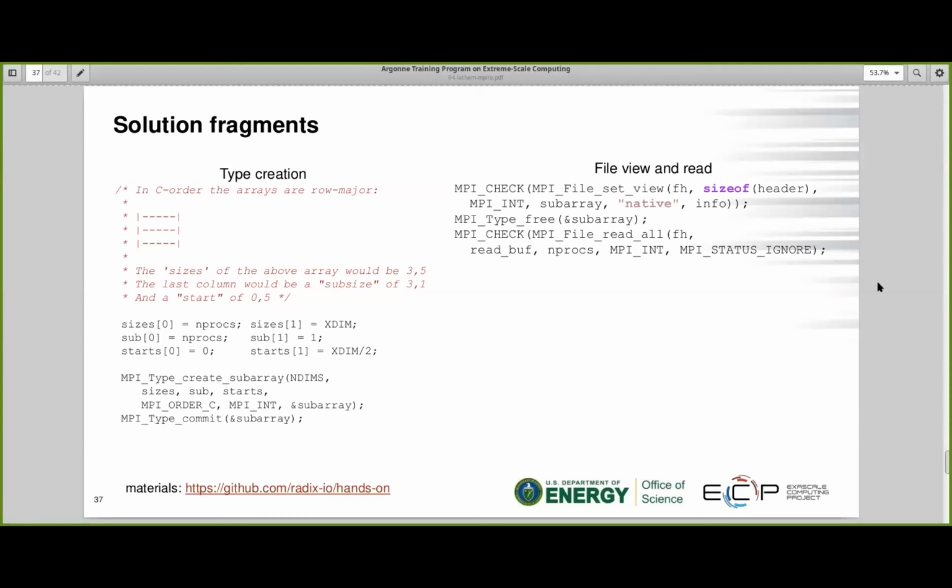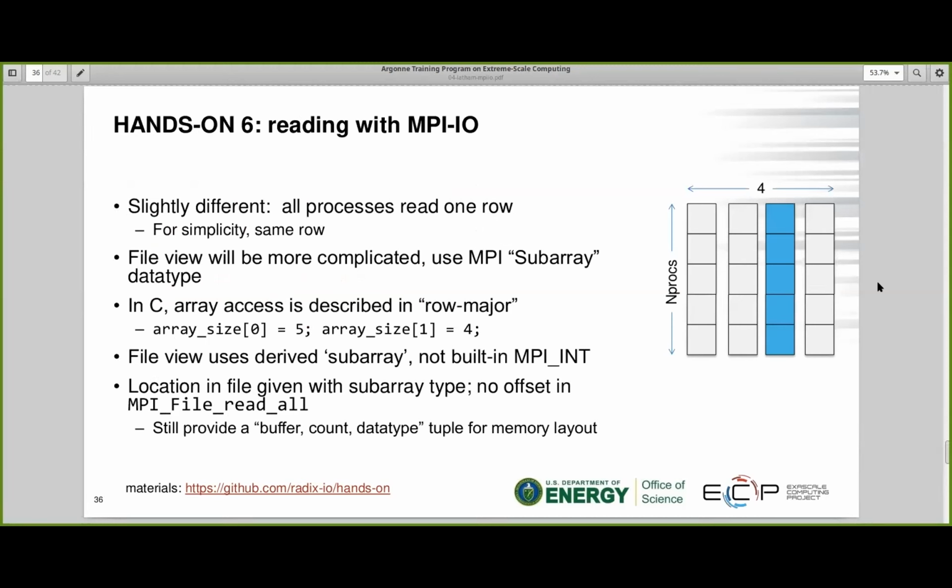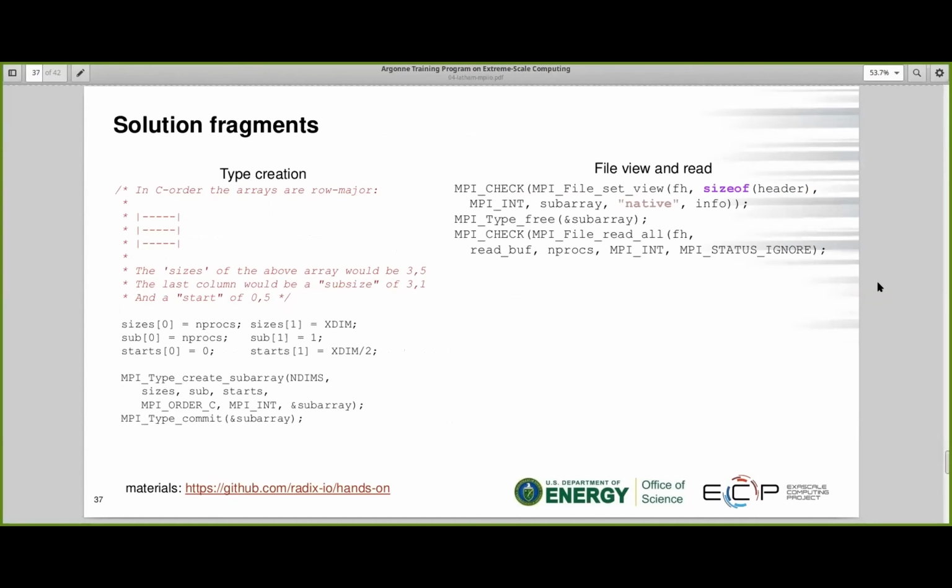So in this case, we have global sizes. The subarray is going to be one whole column, but only one of those columns. And where's it going to start? It's going to start at the first X value, and it's going to read the whole way down. But it's going to start at the middle of the array. In this figure, it's just one of the columns in the middle of the cartoon array. All right. So once we have the data type, then we pass that into